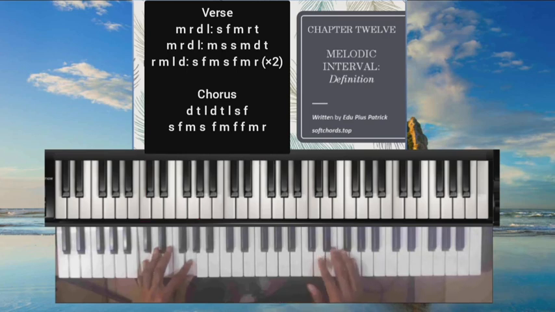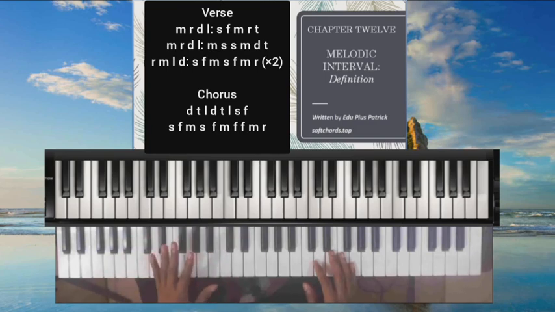Now you can play this with your left hand, or accompany it with your left hand. Your left hand can play the progression of the song, while your right hand plays the melody. Now let me show you how it sounds. Now the progression of the song is 5 4 1